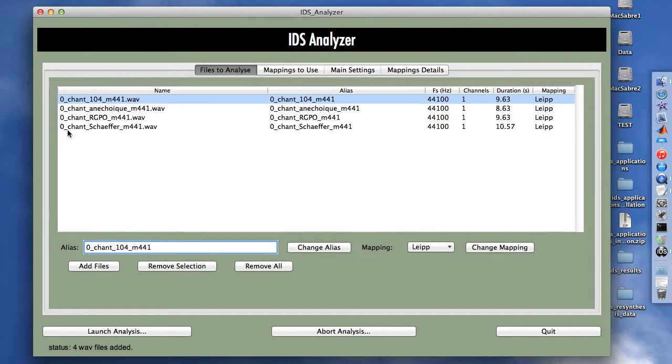Now I've got my 4 files to analyze, and within the status bar I see the information that web files were added and no more are needed, so we can launch the analysis as the launch analysis button is activated. But before,